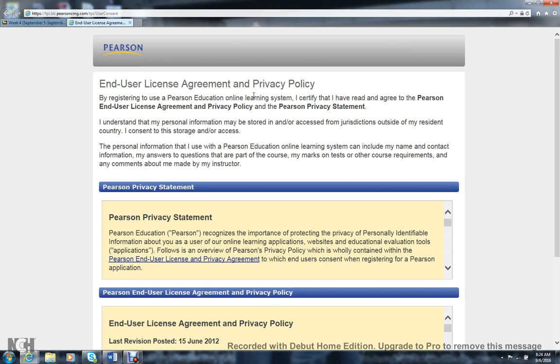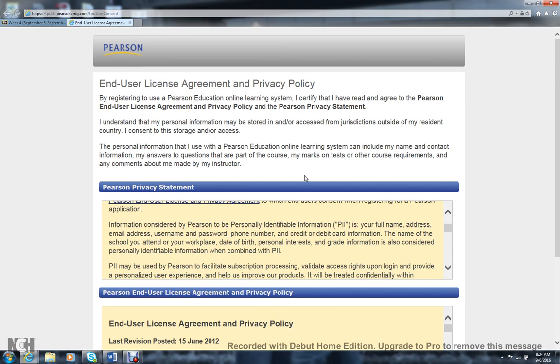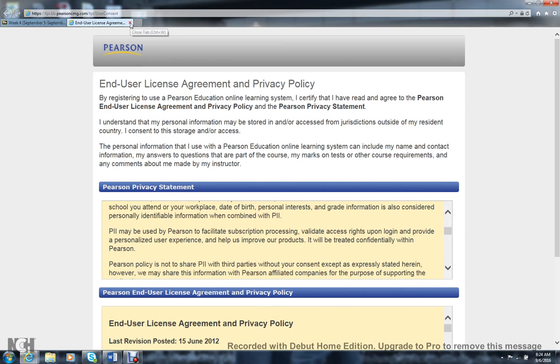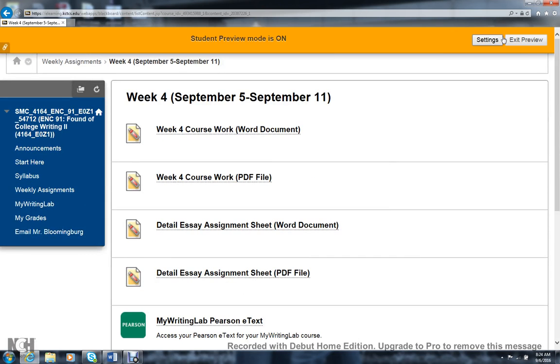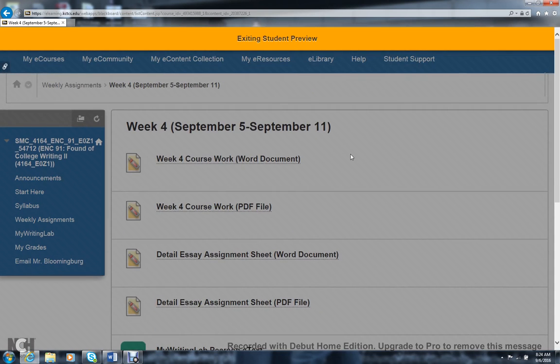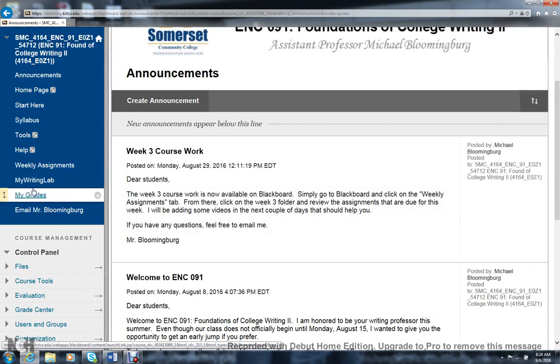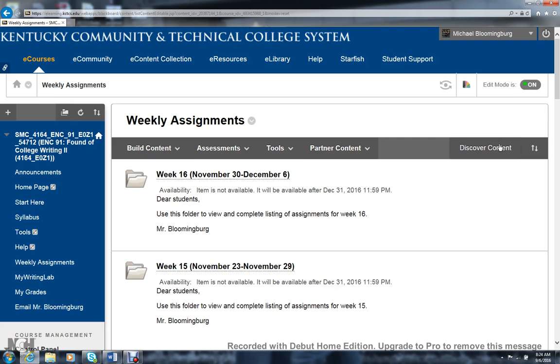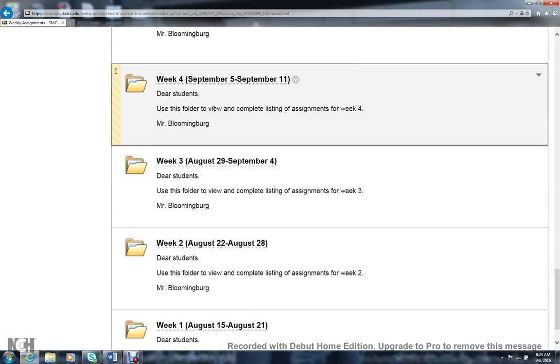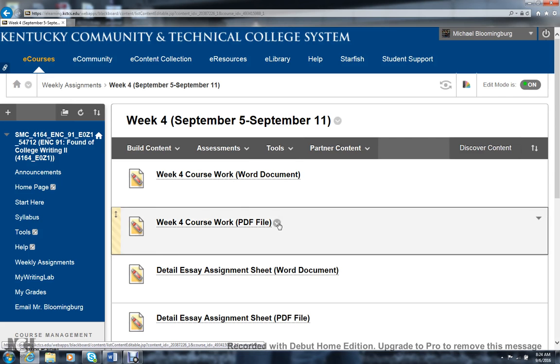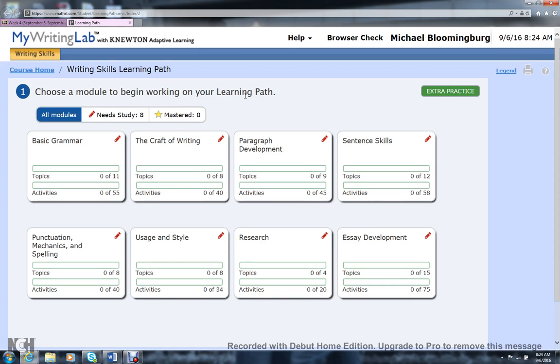But my writing lab, just going to click on the direct link. Well, I've got this set up into student mode, so bear with me for just a second. I'm going to exit that preview, because otherwise I'd have to register as a student. So let me try that again. So again, I'll click on week 4. You won't have that snag. It's just where I was in student mode looking. So it's going to pull up now, and as you can see, I'm in the writing lab.